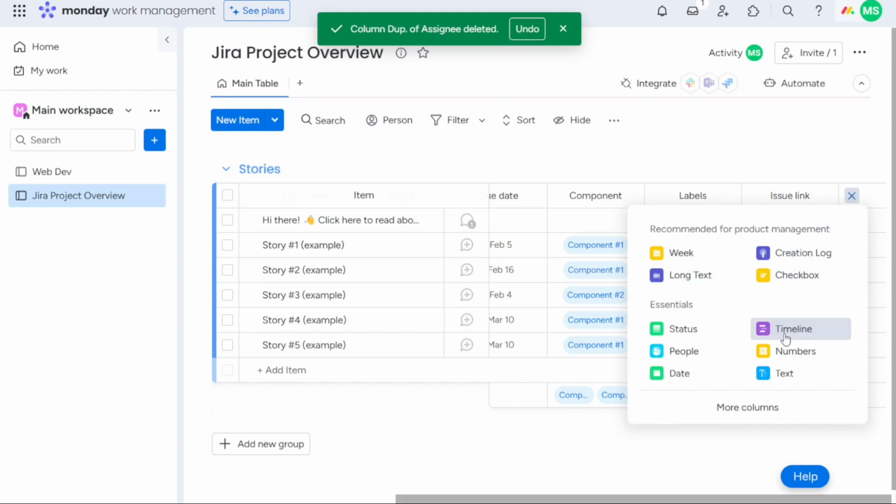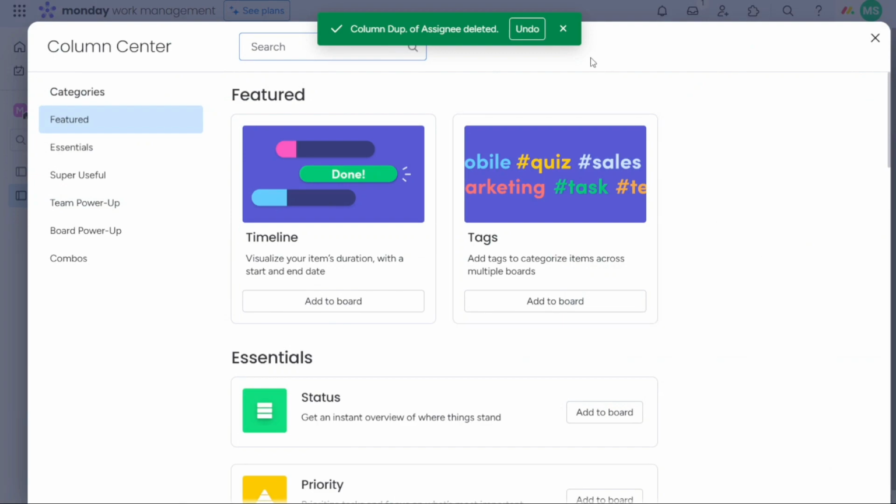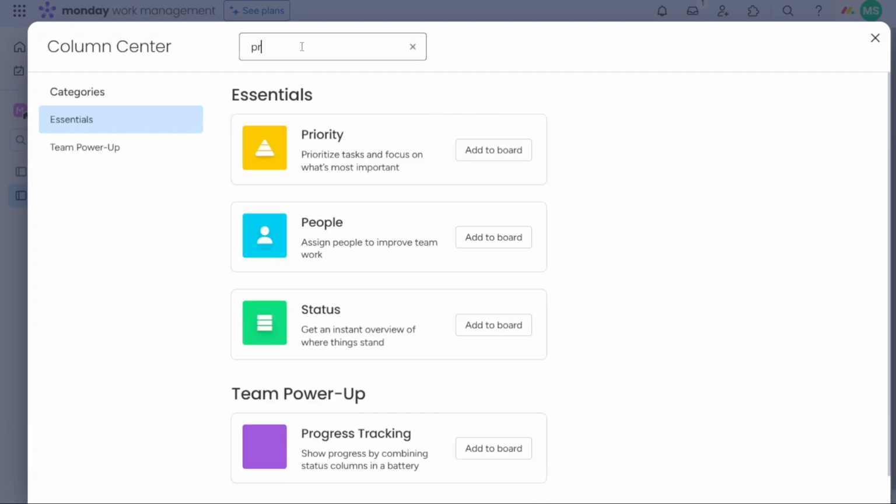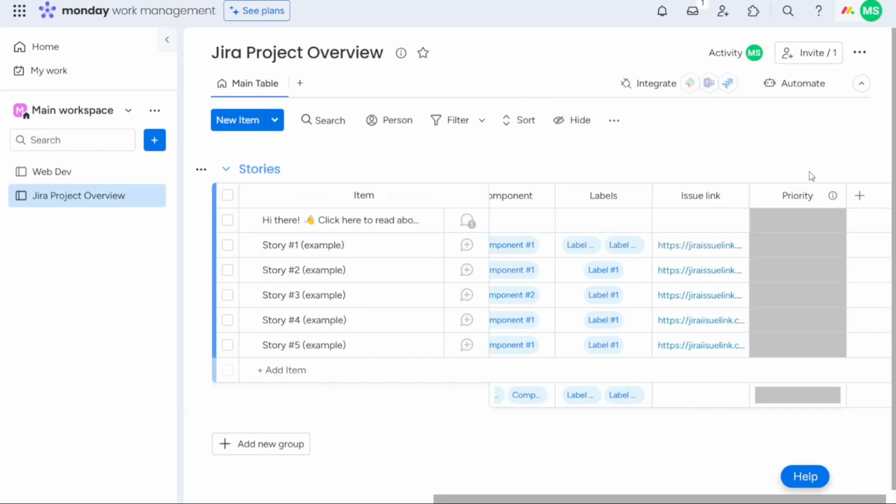Within the menu, you will find a range of column types to choose from, such as status, people, date, timeline, numbers, text, dependency, formula, and more. Each column type serves a specific purpose and can be selected based on the information you want to track or display. Let's say you wish to add a priority column to your board. Simply click on the priority option within the menu and a new column will be added to your